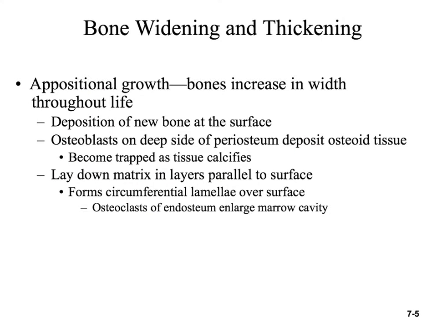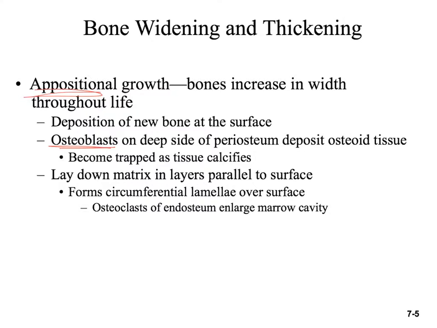Okay, next up is oppositional growth, and oppositional growth refers to bones increasing in width. What this is, is where you have new bone at the surface. So lengthwise growth is when the bones are increasing in length. Oppositional growth is increasing in width, and it's that new bone, osteocytes, being deposited on the outer surface of the bone itself. It says here, osteoblasts on the deep side of the periosteum deposit osteoid tissue,